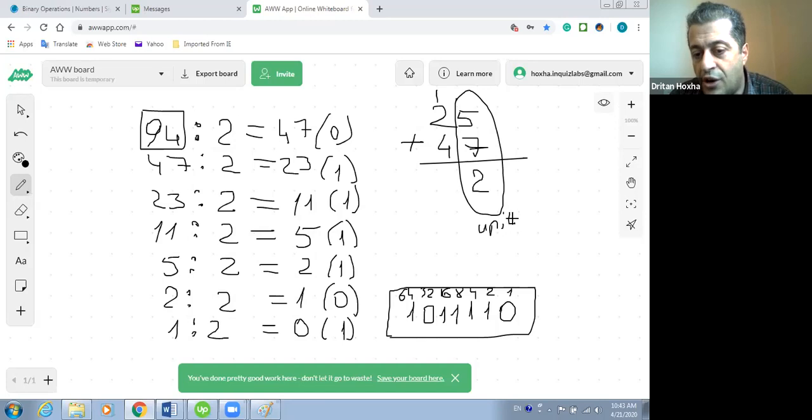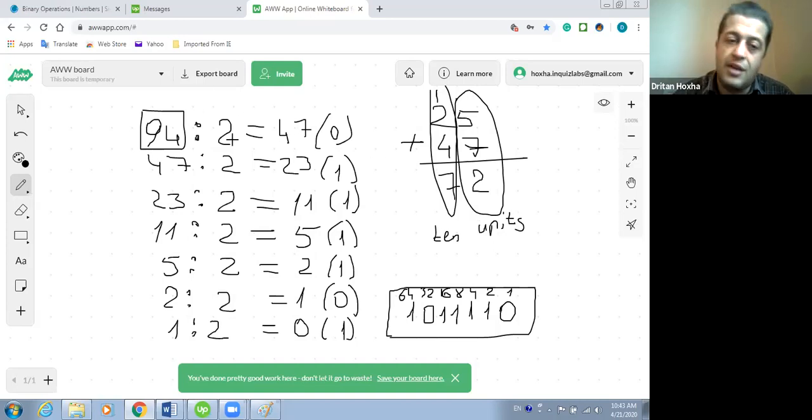But you write the 1 here because here it is the position of tens. Here are the tens, so you carry the 10 here and you write it as 1 here. So instead of adding 2 and 4, you have to add 3 and 4 now, and the result is 72 in the decimal system. The same thing will be